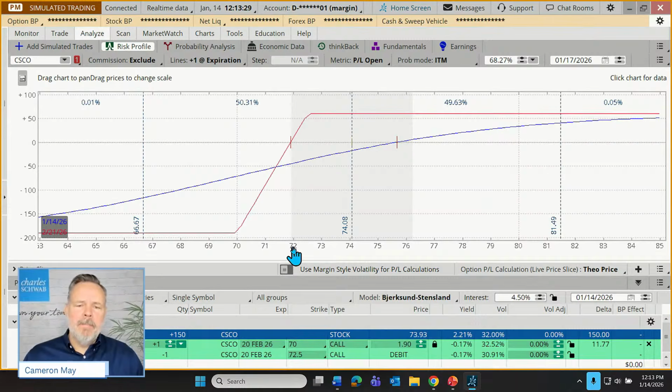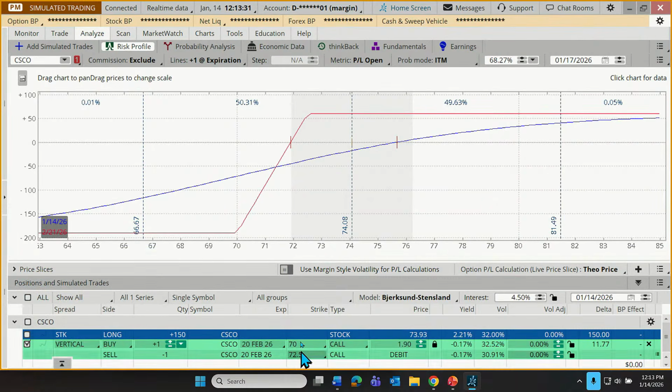But back to our chart here, we know that this is a bullish vertical spread. If we're familiar with buying calls and selling calls, buying a 70 and selling a 72.5 creates a bullish call spread. So if stock goes up, what do we expect profits to do? Well, they should go up or they should be capped. And specifically, this red line is showing us how this trade is likely to work out at different price levels at expiration. So that's why it says February 21st. That's the day after the last trading day.